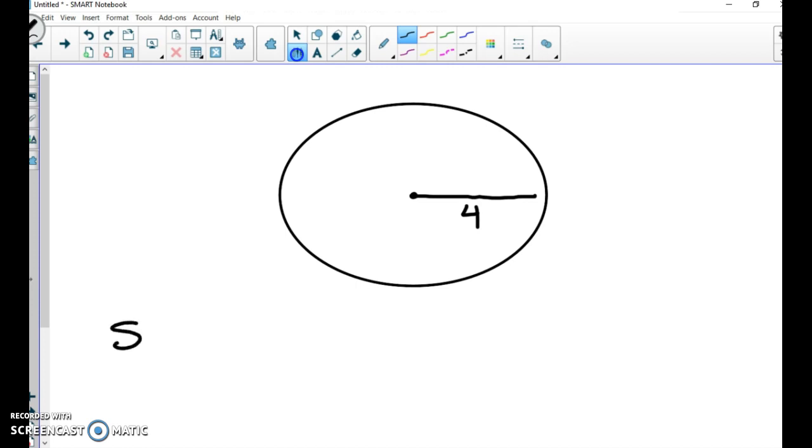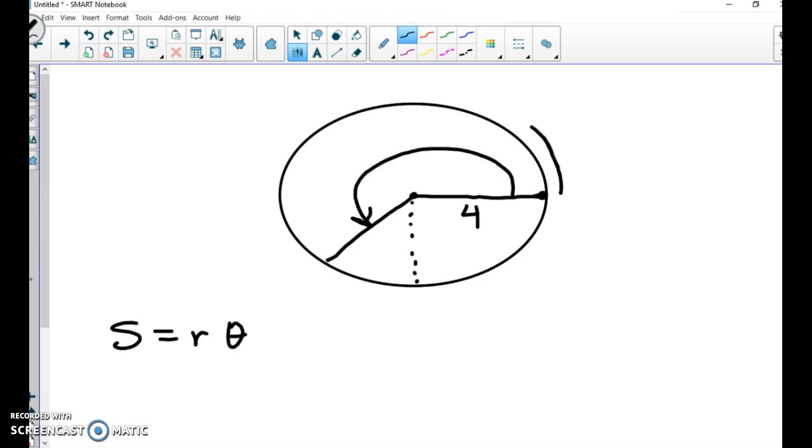To use our formula, we have s is equal to radius times theta. And we have an angle measure from here of, let's see, 270 is straight down. So 240, approximately 240 degrees. We're going to come around, create this angle. And what we'd like to figure out is that arc length all the way around to this terminal side, that measure s. So we're going to find that by using our formula. S is equal to radius, which we know to be 4,